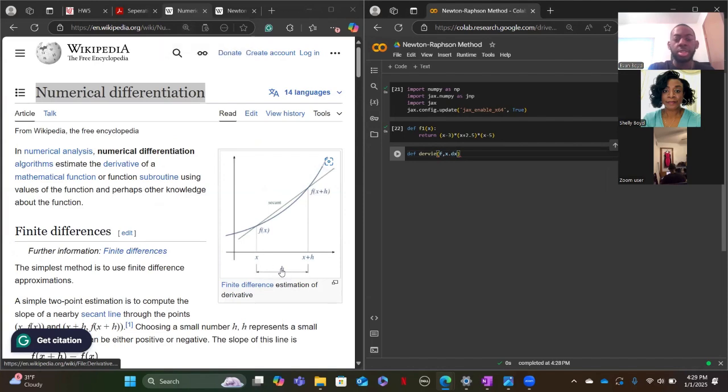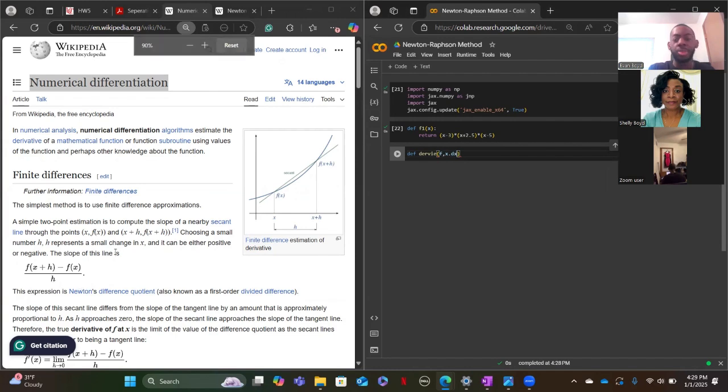This h actually represents the change in position. So in the equation, the h represents the change in position from our initial x to our final x. As you see here, it's x first, and then you have x plus h. So it's a difference from our original x. So it'll be